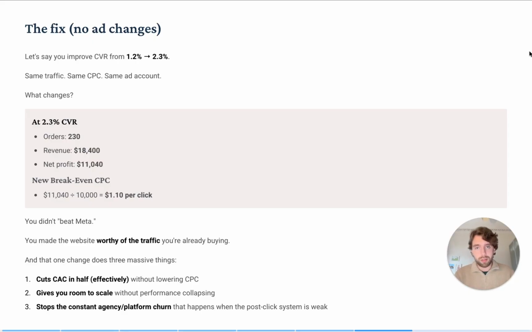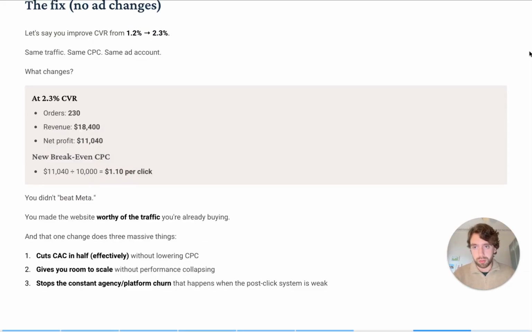Say you work with an agency and you fix this, and they come in and they start delivering results. The results that you would have thought, these guys suck before, now you're looking at good results. This is effectively like doubling your ROAS. So if you're working with an agency and they were getting you like 1.6 ROAS, and you're like, this is fine, but then you fix the CVR and now you're getting 3 ROAS, and you're like, oh, this is awesome. That's the same agency, same service, same people you're working with, but just drastically different results.